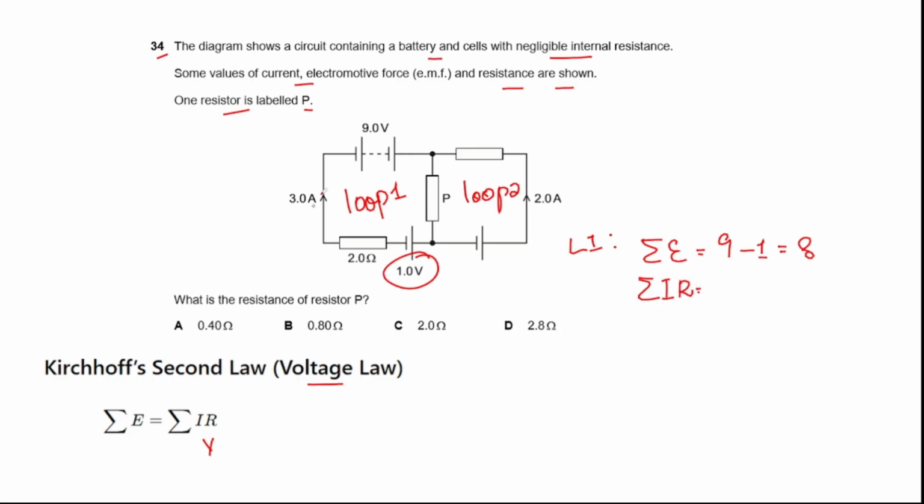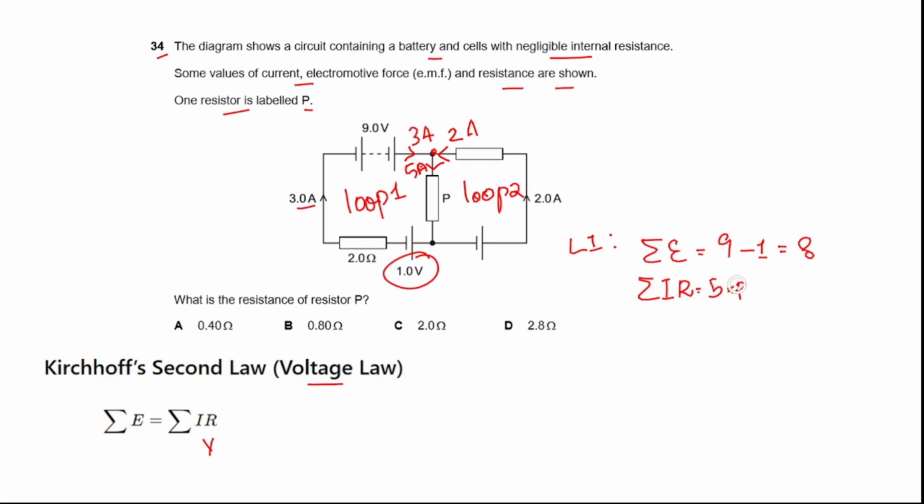Here the current passing through loop 1 is given as 3 amperes, and 2 amperes is passing in loop 2. At this junction these two join, so across this resistor P, 5 amperes of current will be passing through it. So 5 multiplied by